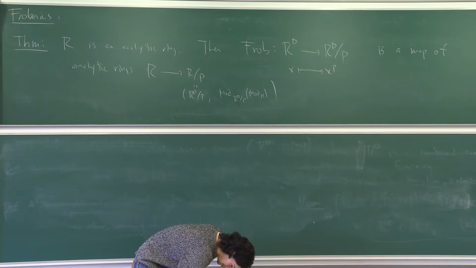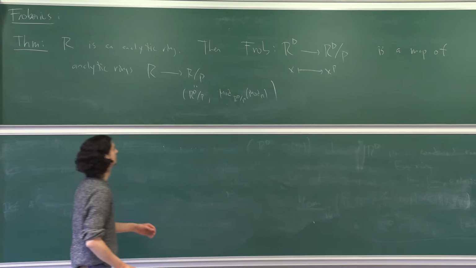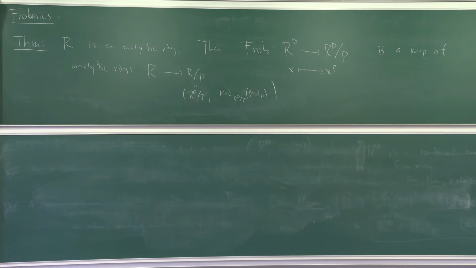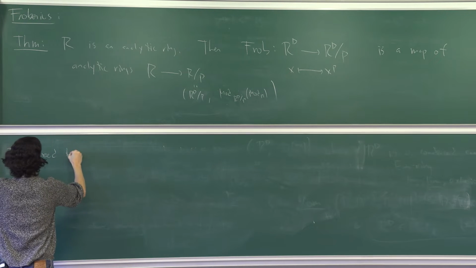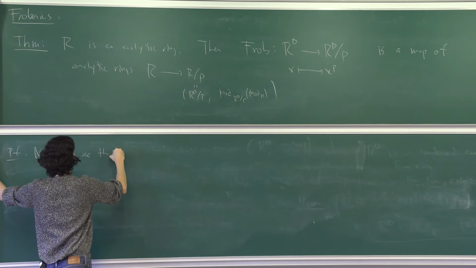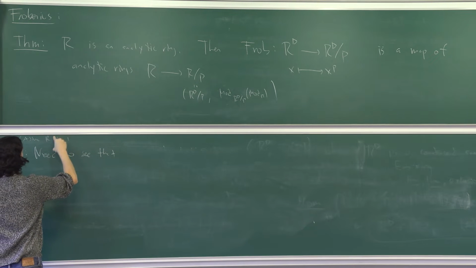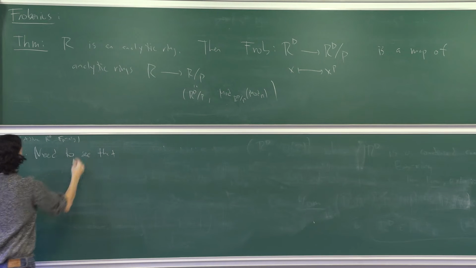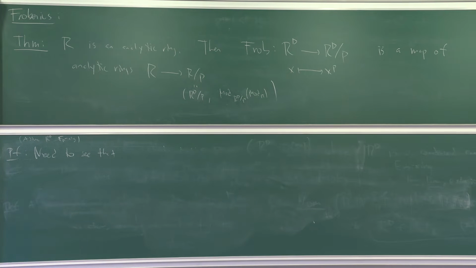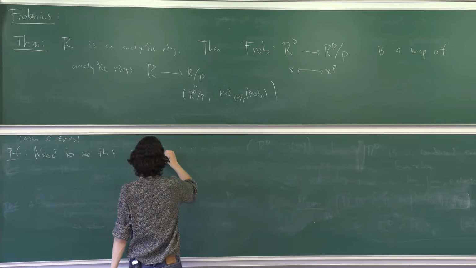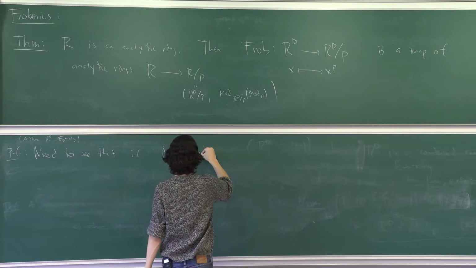So what do we need to do to prove such a claim? Well, according to the definition, let me assume R has characteristic p, so R is an F_p-algebra, our R-triangle is an F_p-algebra. Just to avoid the notation of modding out by p and all that, we need to see that if M is in mod R,